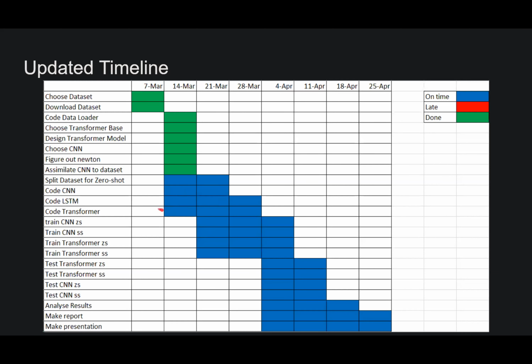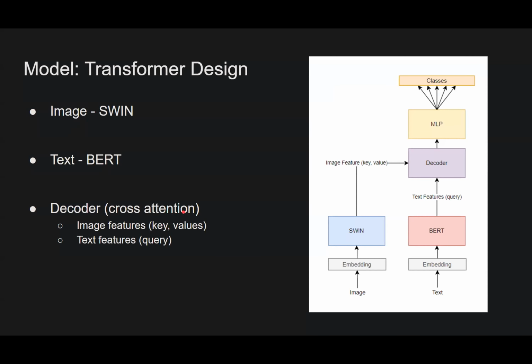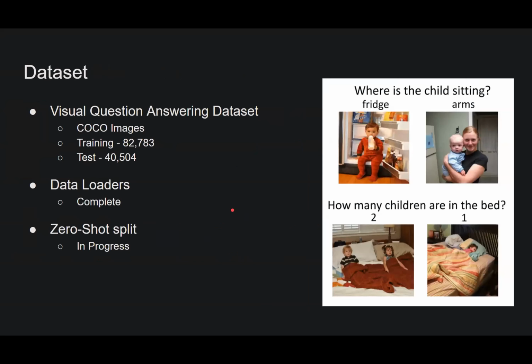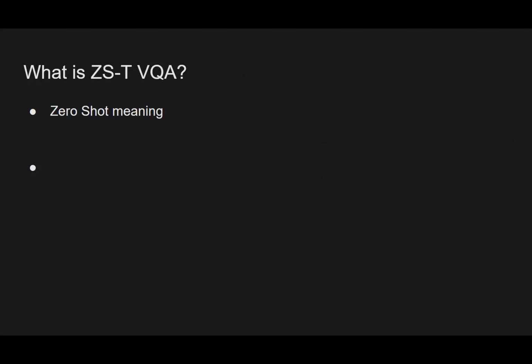Can you go to the beginning? So I don't understand, what is zero-shot? Can you say it again? What do you mean by zero-shot? So by zero-shot, we're saying that there are going to be some vocabulary words that will never be seen during training. So only on testing and validation we'll see some specific words for every single